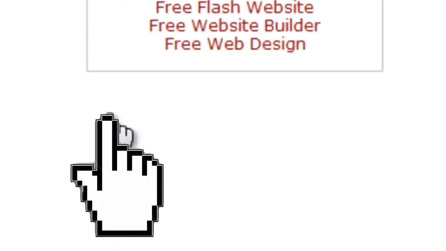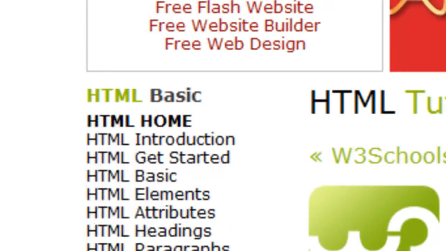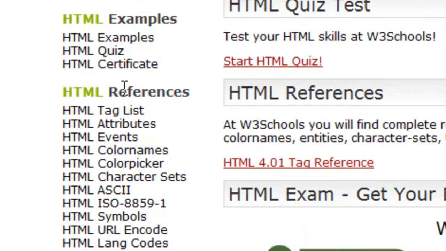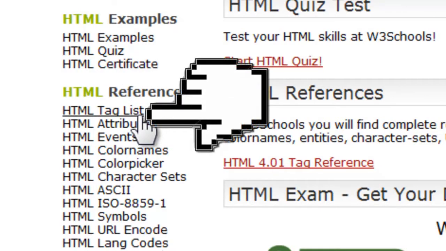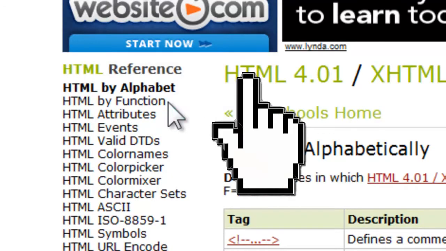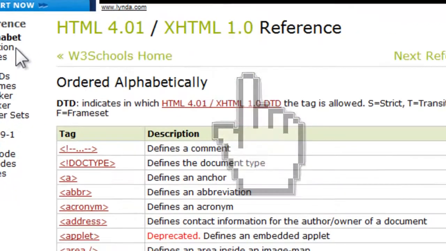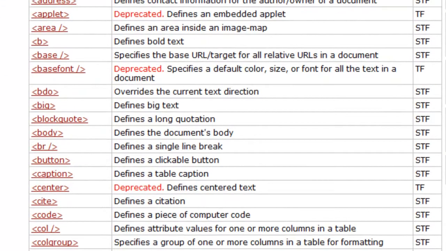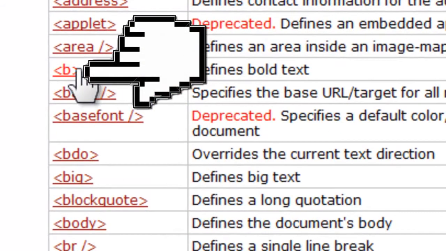Once you've clicked that, come down all the way to HTML reference and click HTML tag list. You should be shown a page with all the HTML and XHTML tags and attributes, though not all the tags have a description. To get more information about a tag, all you need to do is click on it,